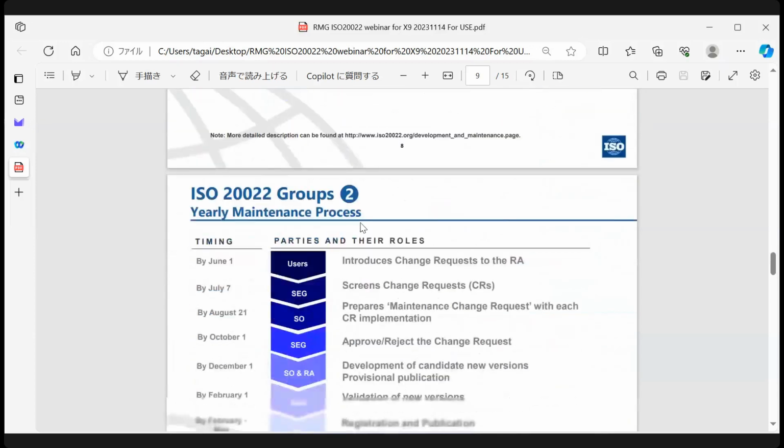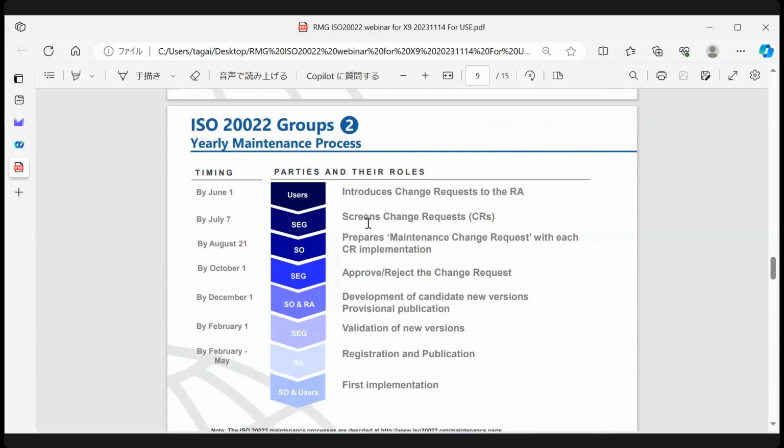The other part is that once a message is out there, you have to go through an annual maintenance cycle, which means if there's a need to change the message, it will come from outside, which is a community, and you don't even have to be the initial submitter of the message. If you are a user or represent a community of users thinking that the message can be modified to make things better and much more effective,